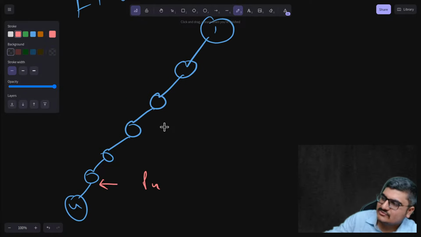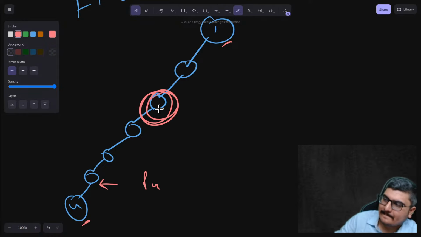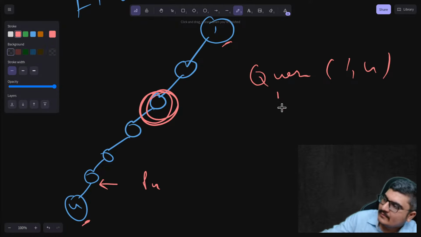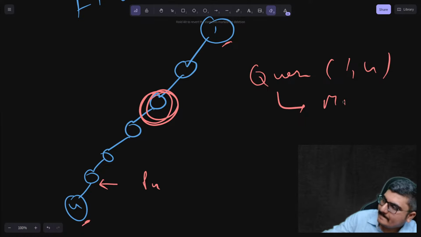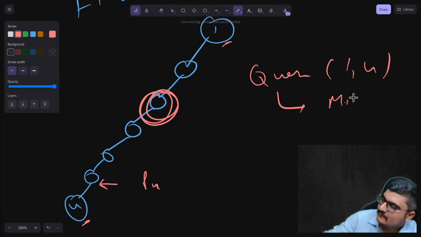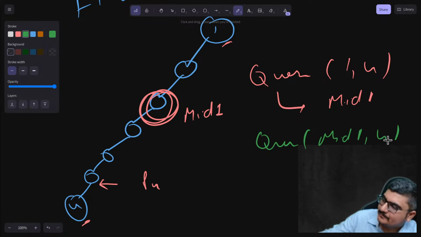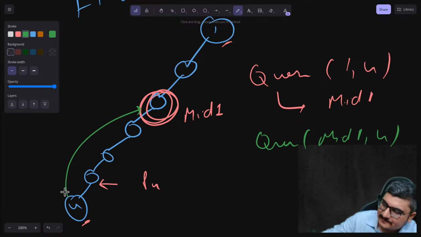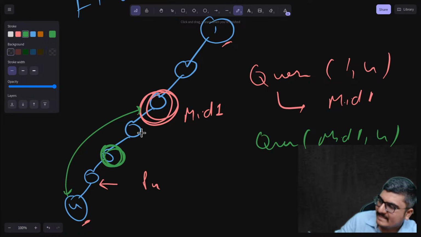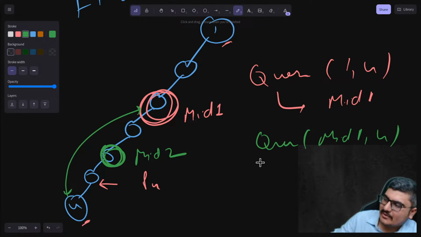What I can do is first query from 1 to u. It will give me the midpoint, let's say somewhere here. Let's say mid 1 is this midpoint. Next, I will query for the midpoint of mid 1 and u. Basically, now I query for the midpoint of this path. It will give me this node. Let's say this node is mid 2. Now I will query for